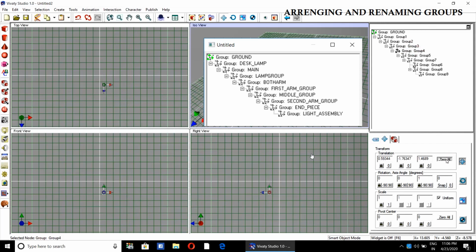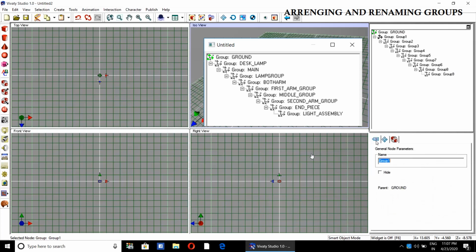Make the coordinates absolute 0, and then recheck whether all the coordinates have been made 0 or not. So we have made all the coordinates 0 0 0. Just recheck it. 0 0 0 0 0. Now there is no problem, all the coordinates are 0. This is the rechecking procedure.